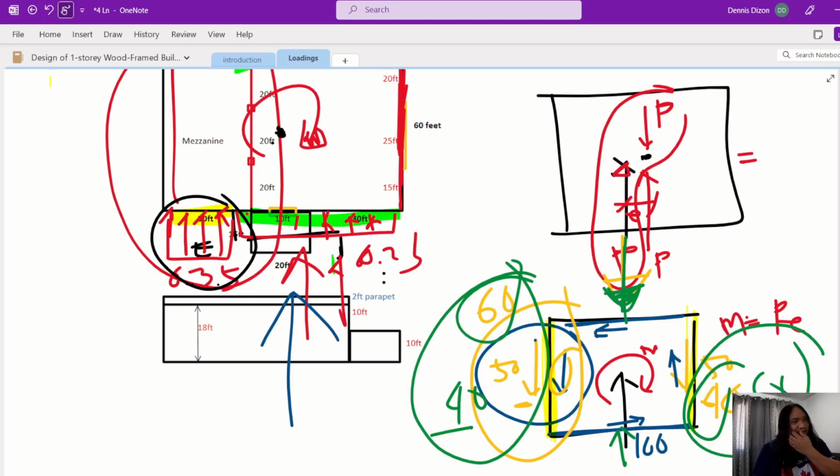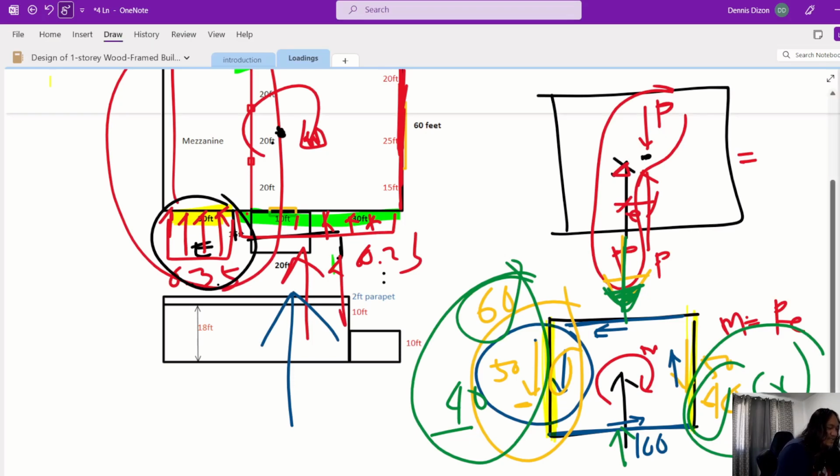I compared the results of the two before. If it's just 30 feet, 40 feet, the difference is not that much. So this is the recalculation. I mean, it's up to you if you will use the same procedure as this one. But for smaller buildings, I will just use